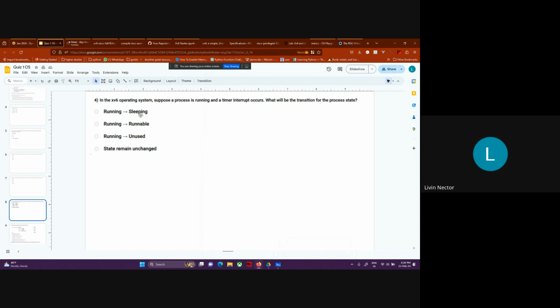It will go into the sleeping state whether it is waiting for a child process to exit or using an IO operation and waiting for the input, things like that. When a process exits, it usually goes to a zombie state, and after its resources have been taken away, it will go back to the unused state. Okay,